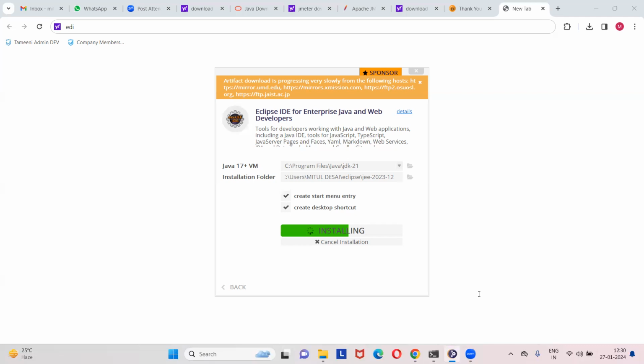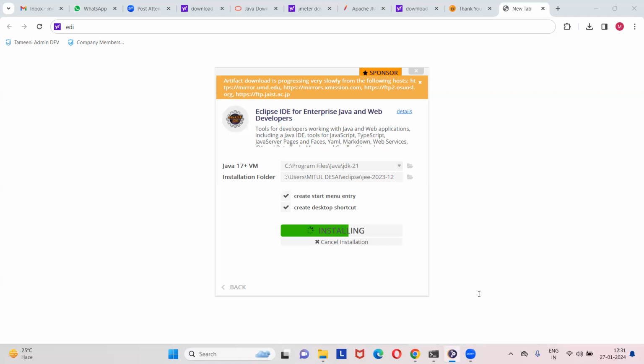Now maybe they can ask you about Eclipse also, like which IDE you are using. They can ask you why you are using Eclipse and why you are not using IntelliJ. You can say Eclipse is an IDE in which you can do multiple types of programs. We are testers, so currently we are working on Java. Java is for automation, but sometimes we want to explore Python or PHP. I'm not saying that is mandatory,